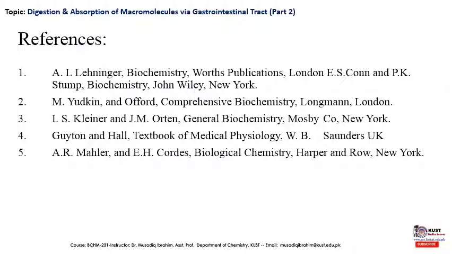Now, references. These are the reference books which were consulted for the preparation of this lecture. The first one is Lehninger's Biochemistry. The second one is Comprehensive Biochemistry by Longman. The third one is General Biochemistry by Cleaner and Morton. The fourth one is Textbook of Medical Physiology by Guyton and Hall. And the fifth one is Biological Chemistry by A.R. Mahler and E.H. Morris. So, if you want to further understand